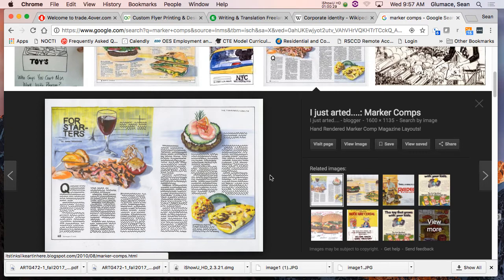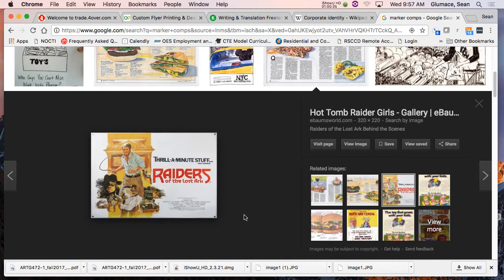But now with the computer, we're showing them finished pieces. Is that Raiders of the Lost Ark? There you go. And how do we do posters? You have to comp them out. So this is a dead art. It ain't coming back. It's kind of like calligraphy. Very few people are learning it anymore. It's great. I love this stuff. I mean, it's beautiful work. But it doesn't fit into our workflow anymore.